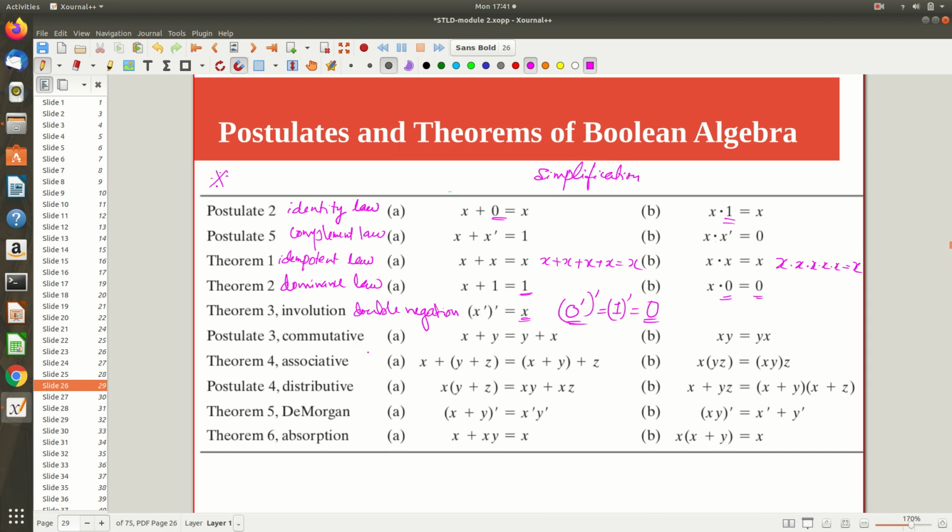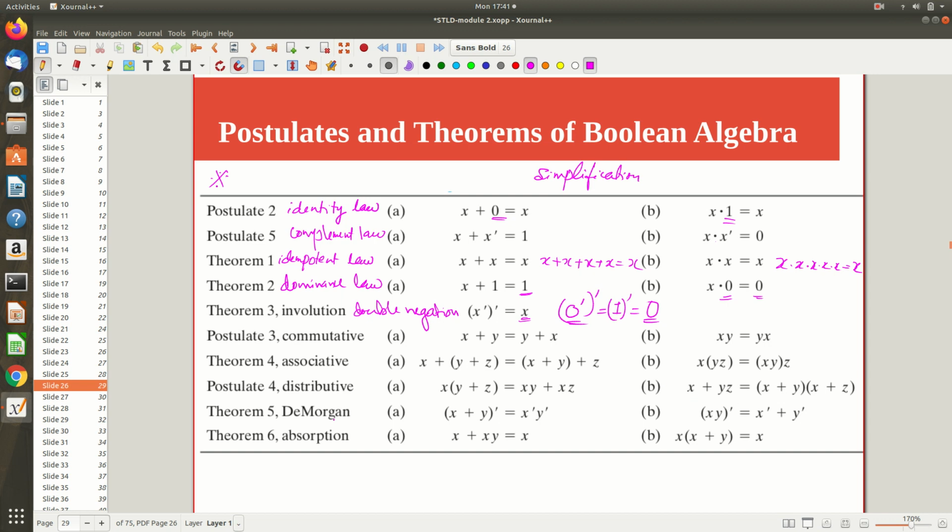Then the commutative law is known to everyone. X plus y, wherever it is, you can simply change the order like y plus x, x dot y, y dot x, like that. Now the associative law is also clear to you by this time. In the parenthesization, you can either group y and z and do it first, or you can do x and y together, and both will give you the same answer. For the OR operation, this is true. See, in subtraction we saw that for decimal subtraction this is not true, but in the OR operation it is true, and in the AND operation also it is true, keep that in mind. Then the distributive law: you can distribute dot over plus as well as plus over dot, both are correct, keep that in mind.